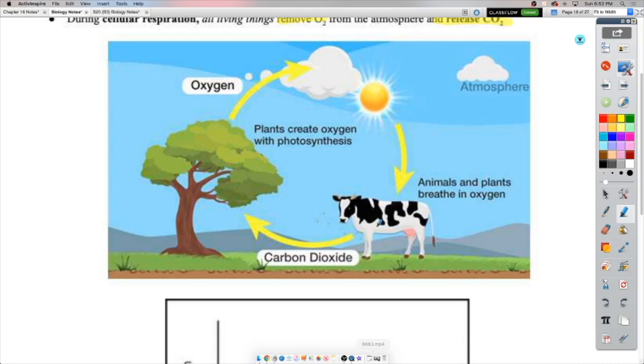The cow makes the oxygen go in the cow by breathing it, right? And then they breathe out CO2, which, as we know, is needed for photosynthesis. It's a reactant in photosynthesis, so that CO2 will be used in photosynthesis, and then later, once it's converted to oxygen, it'll be spit out again. So what's happening in here? CO2 is going in here, making glucose and oxygen, which is now going to be released through the